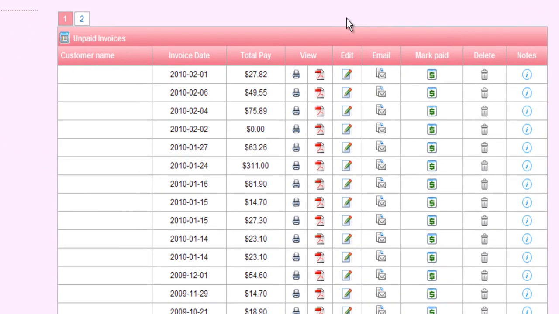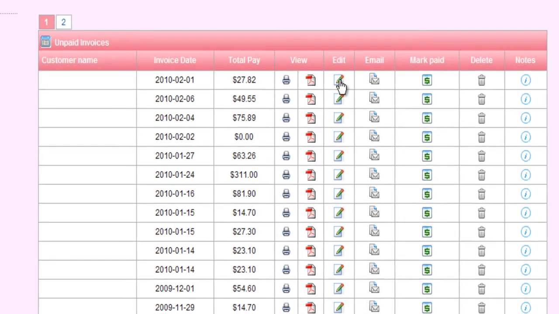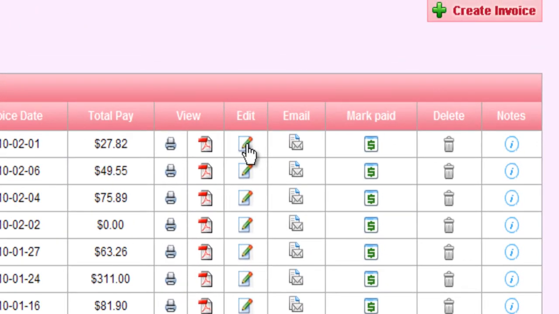Now before I go into return the product with the edit button, I'd like to point out that you can just delete an invoice using the little trash can icon, and if you do delete that invoice, everything will be added back to your shelf. Now the reason you'd want to use the edit feature is if you just want to return one or two items and you want to keep some parts of the invoice. So let's go ahead and click the edit button